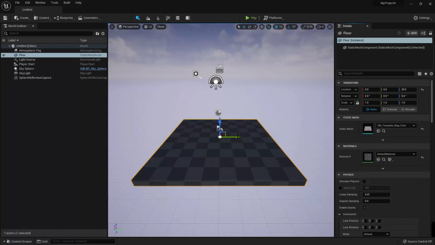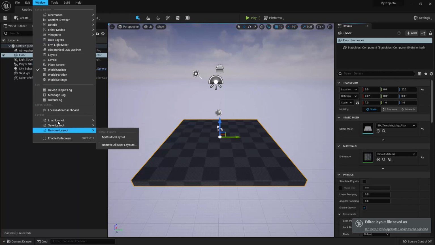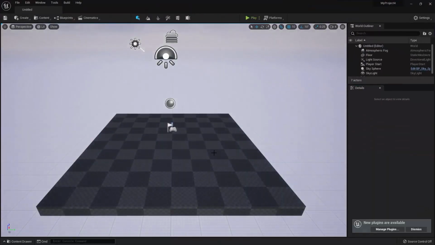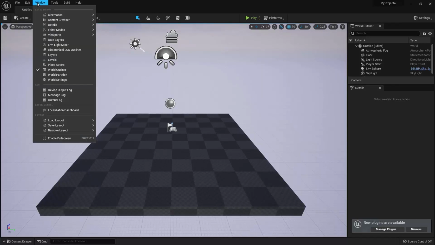Okay, and now I'm going to go back up to the Window menu, and this time I'm going to go to Load Layout, and I'm going to select Default Editor Layout, which will reset the layout back to its default. Okay, so if you're ever messing around with the layout and you just want to get it back to its original form, that's how you do it. Alright, so now that I've saved it, I can load up my custom layout anytime I want. I just need to go back up to Window, Load Layout, and then click on it in the User Layout